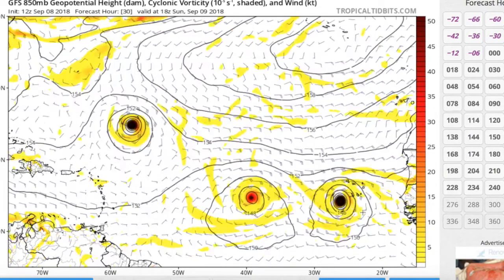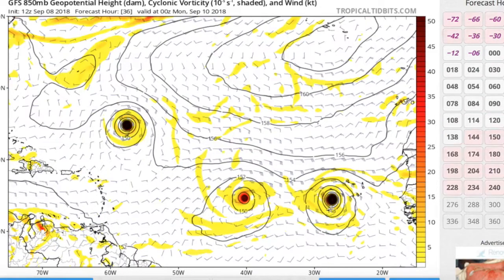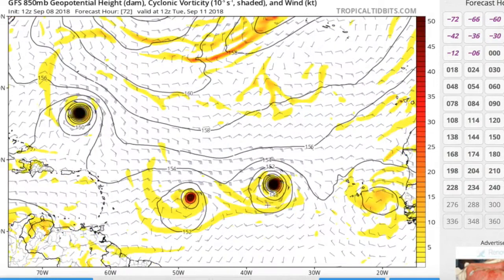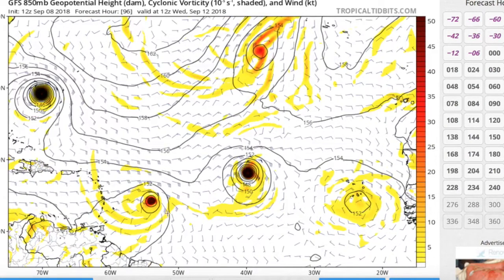And you can see Helene back here passing towards the south of the Cabo Verde Islands as an intensifying storm that could easily be a hurricane by that time. And then both of these storms continue off towards the west. TD9 is moving in a more general westward direction, while Helene over here takes a more west-northwesterly direction. And by the time we get to Wednesday, you can see that TD9 is a decently powerful tropical storm, if you want to call it decently powerful, and then Helene's probably a decently powerful hurricane that's about to recurve